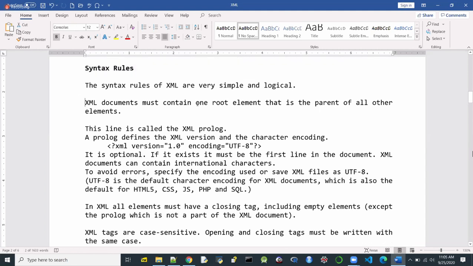So XML documents must contain one root element that is the parent of all other elements. That is very important. Every XML document must and should have one particular root element. So if I don't use the root element, we will run into the kind of problem we have just now seen. That is the first rule.